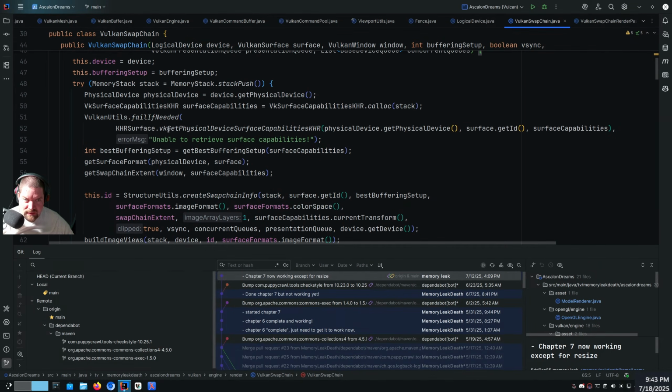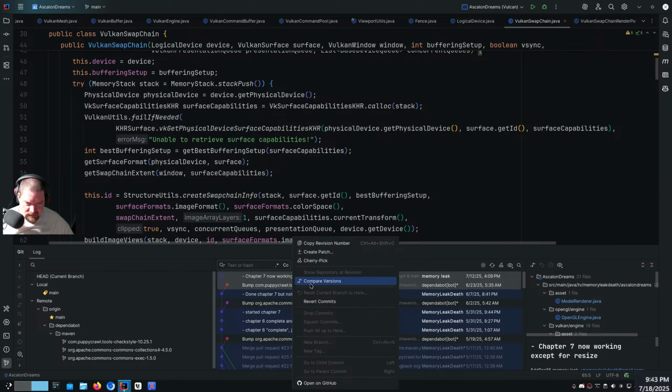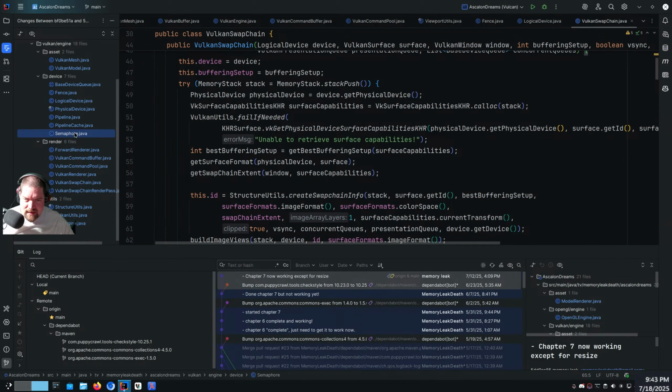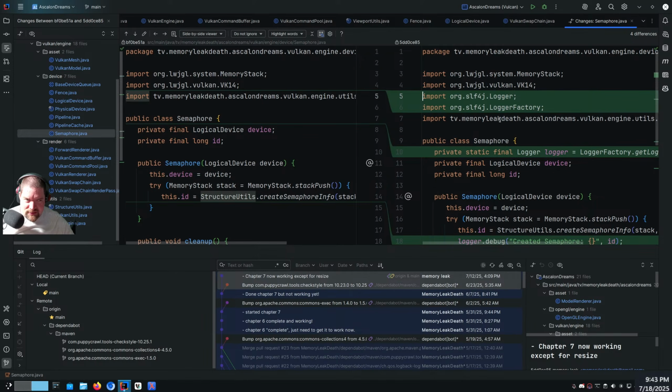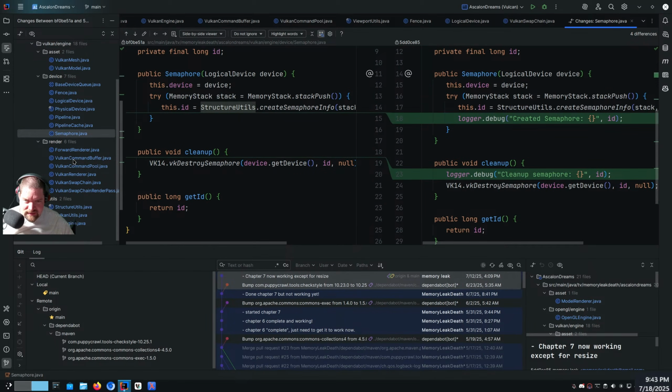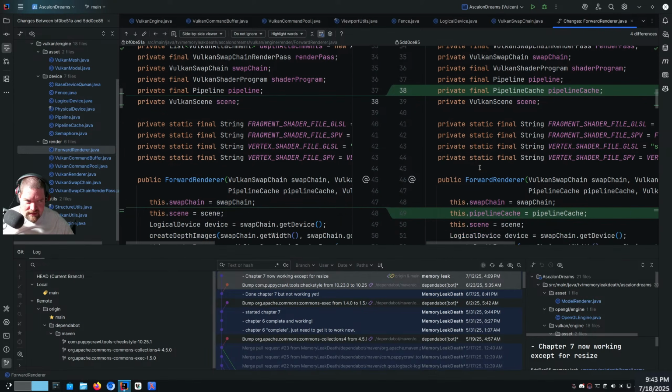Compare versions. Here we go. A lot of these changes are me just adding logging statements, so that's why there's a lot of changes here. But the main thing I did was,